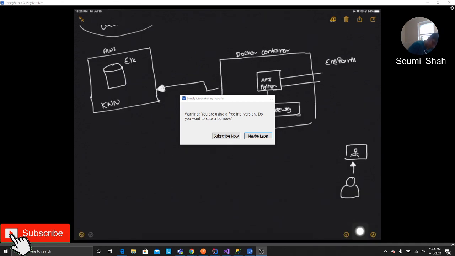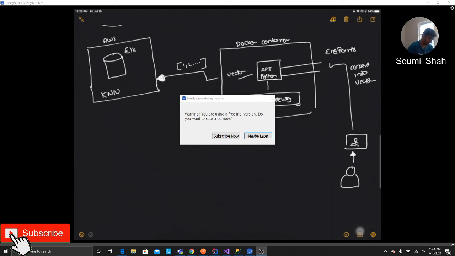Okay, so our API will basically convert this to a vector, and now this vector would be passed to your Elk stack.